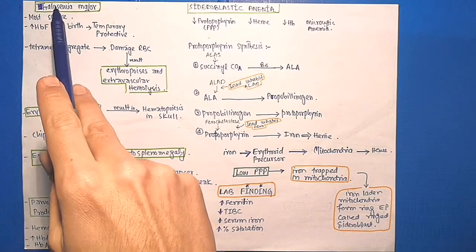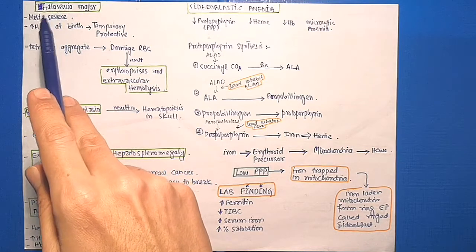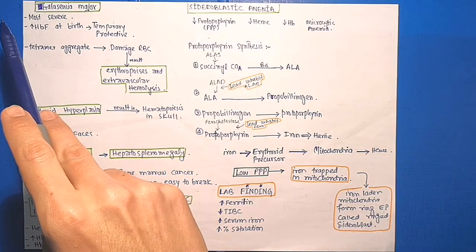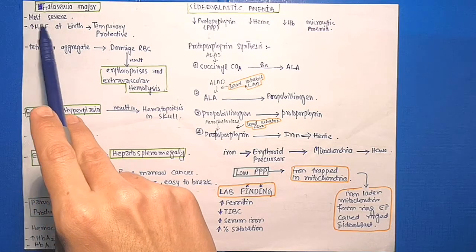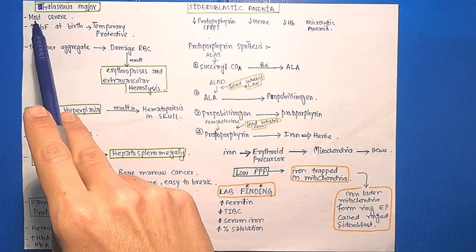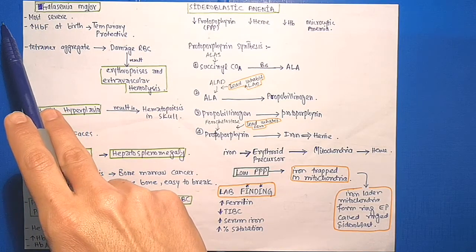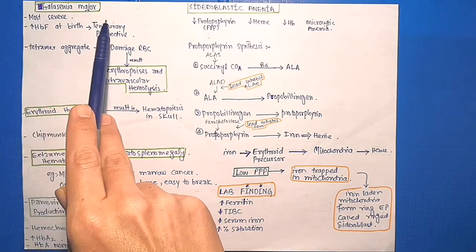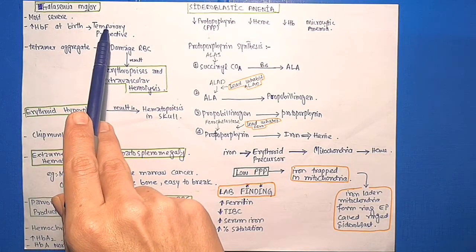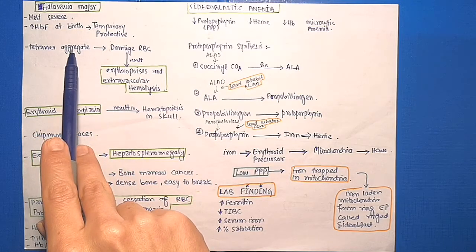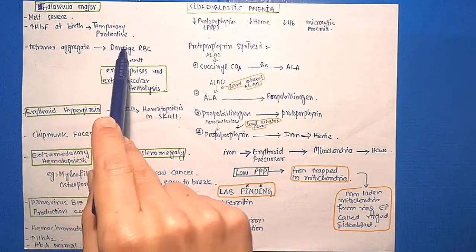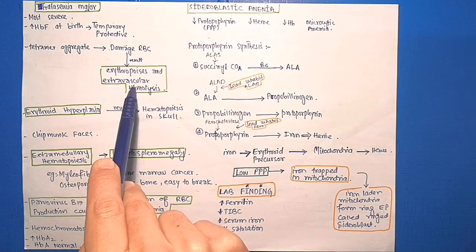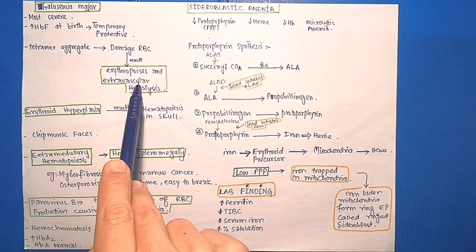Thalassemia major. Thalassemia major is the most severe form of the disease and presents with severe anemia a few months after birth. So the high fetal hemoglobin at birth is temporarily protective. The tetramer aggregates damage the red blood cell, which results in extravascular hemolysis, which is the removal of circulating red blood cells by the spleen,